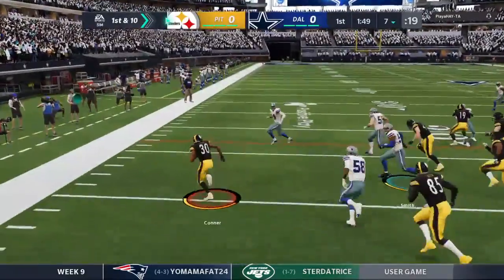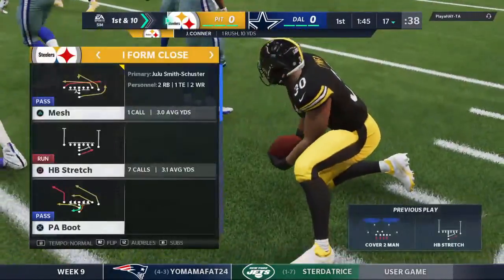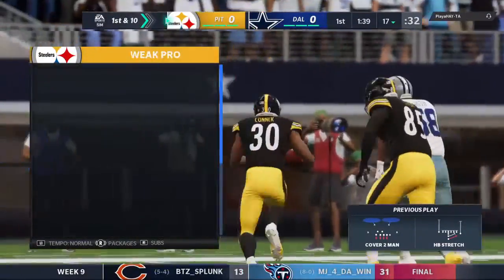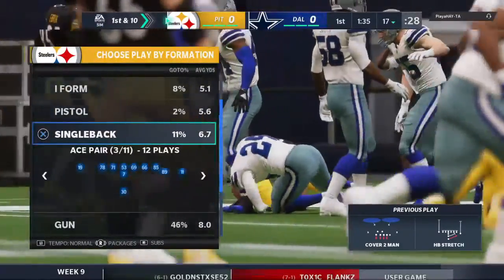First carry for the 2018 Pro Bowler, James Conner. And they'll get him down up past the 15. It'll be a gain of 10 to start the drive out, and by a few inches, that'll be a first down. A good carry and a first down by James Conner, and this Pittsburgh team is really hoping he's back in form